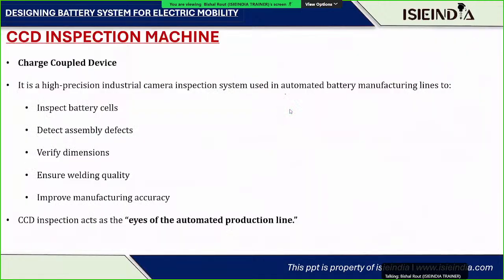Machine, right? See guys, the CCD inspection machine, if I'm talking about it, it actually stands for